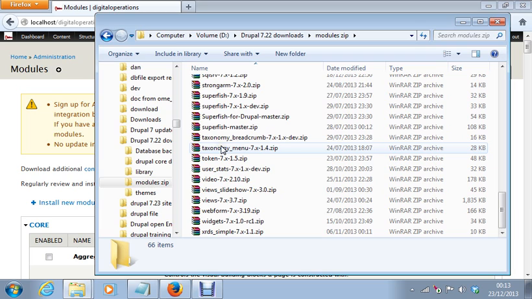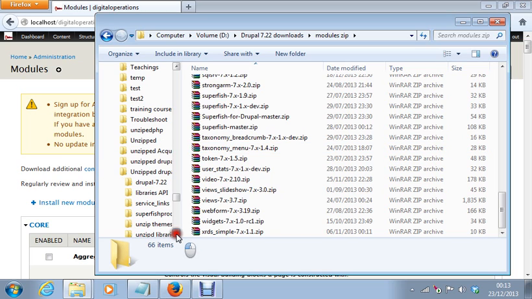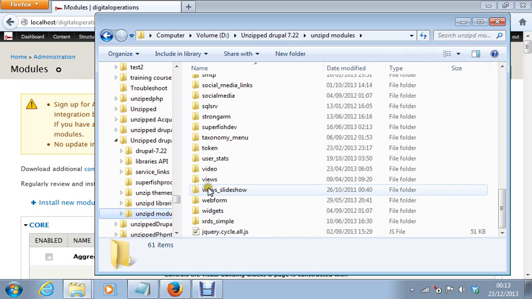You go to where you extracted them, and then you take the extracted ones, like view slideshow. I come here now and copy. You just copy it and you go to